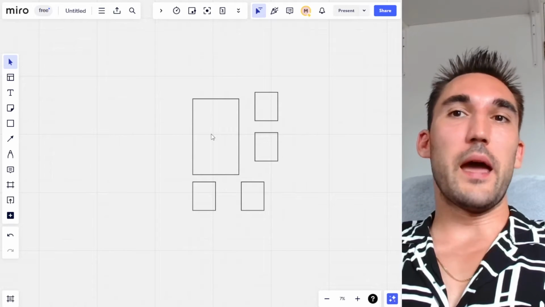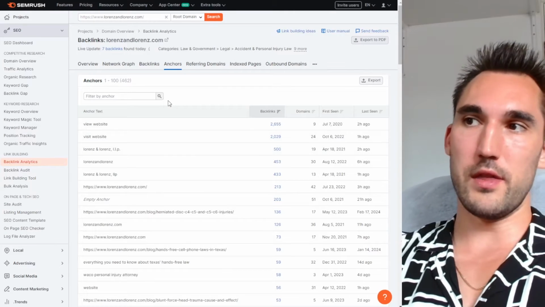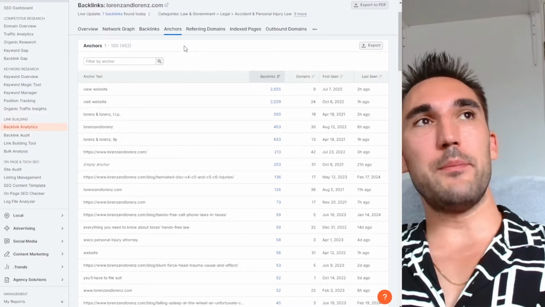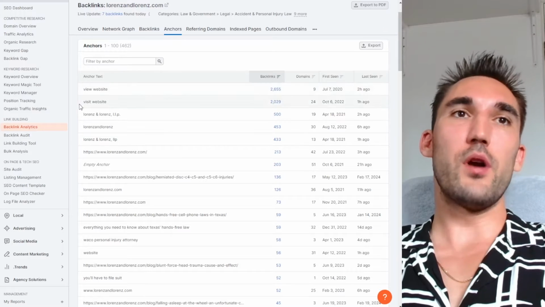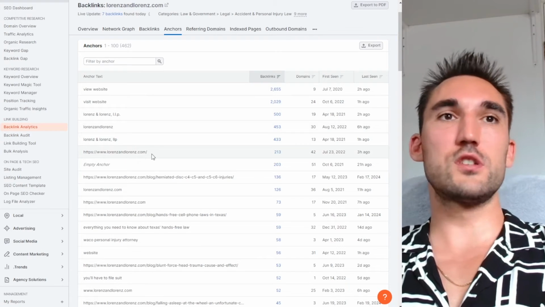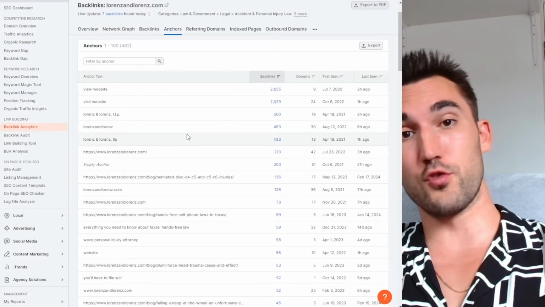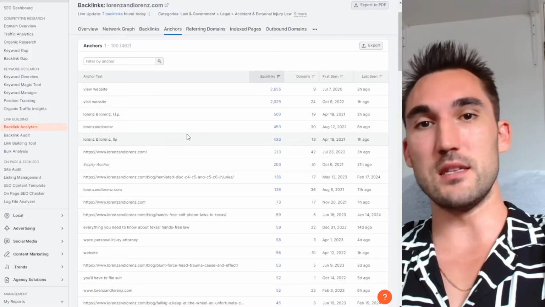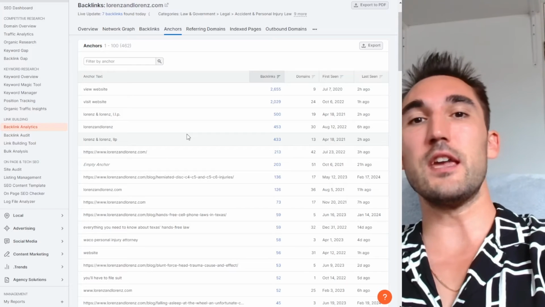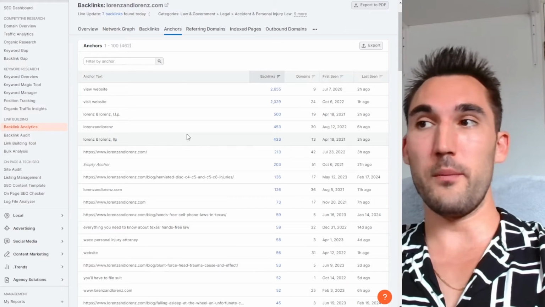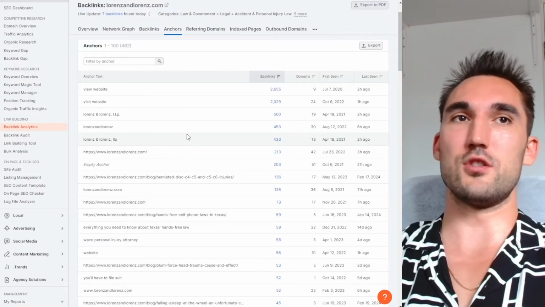So with backlink anchor text, if we take a look at a couple of websites I've pulled up as an example, and look at what their anchor text looks like, what typically happens is most backlinks going to a website are usually generic words, branded keywords, or the URL. Those are the most natural ones to be the highest volume for most websites. And Google knows this because Google's crawling almost every website on the internet. They have access to millions, if not billions of websites, and they know what a natural profile of anchor text looks like. So they can compare this against yours when you're making backlinks and see if what you're doing looks like manipulation or not, because they also know what manipulation looks like. So you have to keep that in mind.